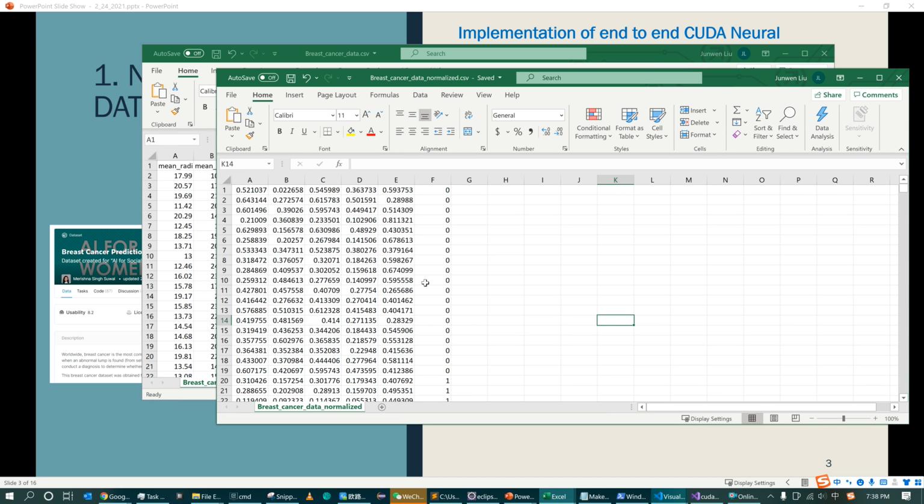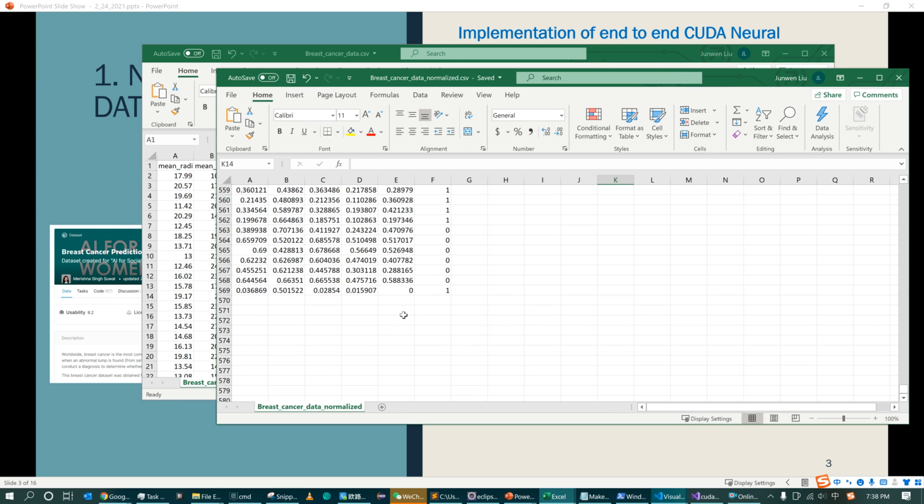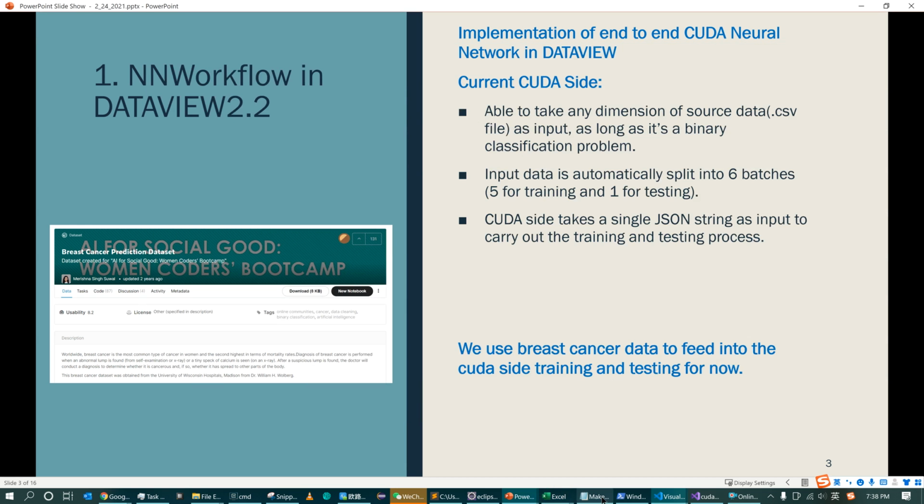So this is the data after processing. And the data set includes, I believe, 600 or 500 rows. So it's not a big data set, but at least we can have something to work with. So I think the total will be 569. Okay, so let's get back to the